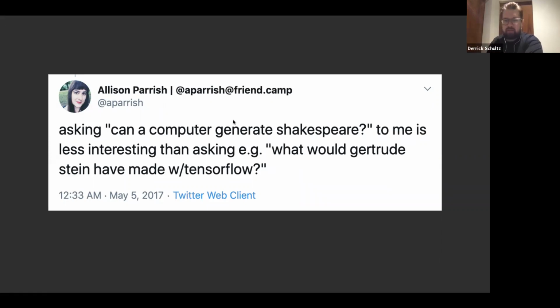She also later mentions that she specifically called out Gertrude Stein because Gertrude Stein was most interested in formal experiments with language. And this is exactly why I'm teaching this class to you, right? I'm not necessarily interested in whether a computer can be an amazing painter. I'm interested in what you as designers and artists and photographers can do with these tools. So much of what we've seen today is what data scientists can do with them. Data scientists are interested in how they can make the most realistic looking human face. You as a designer or artist are probably not interested in that, and that's what I want to explore.